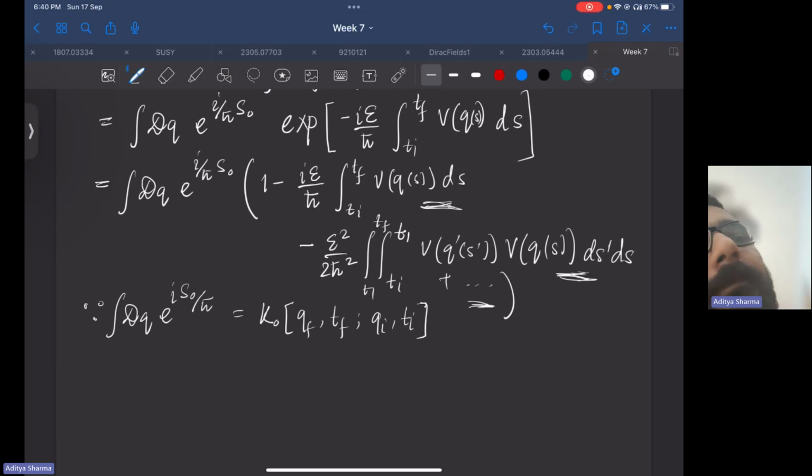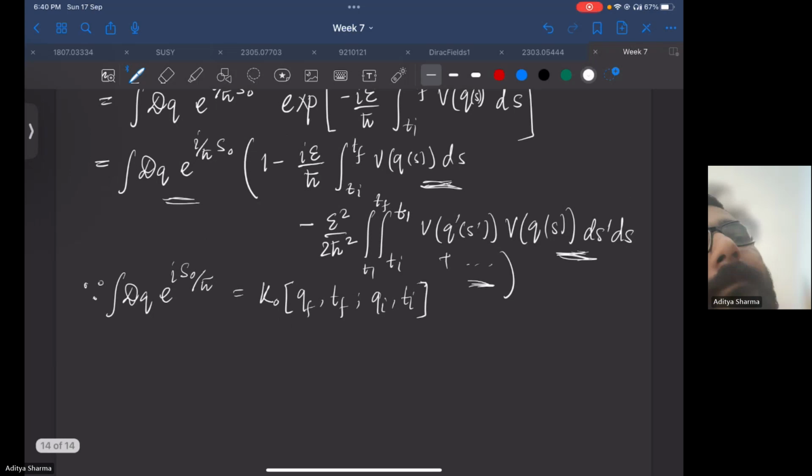So that means whatever you are finding here multiplies with everything, but that thing I'm going to take inside. The above becomes